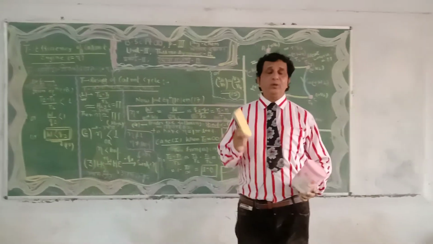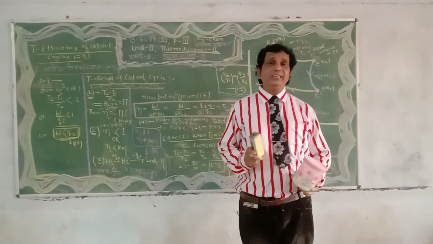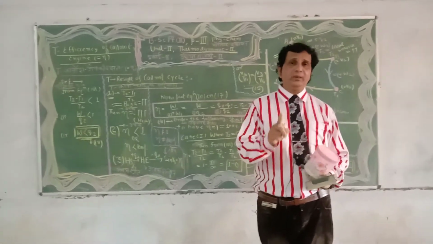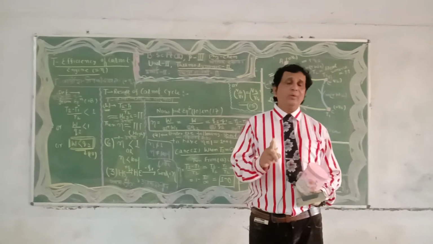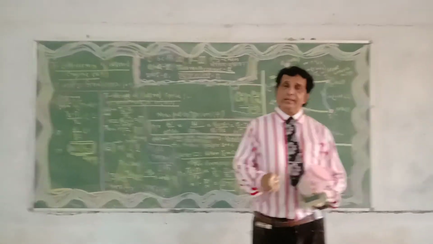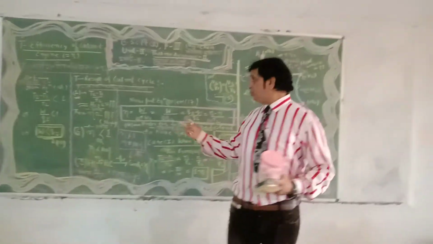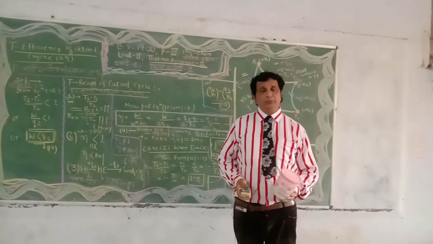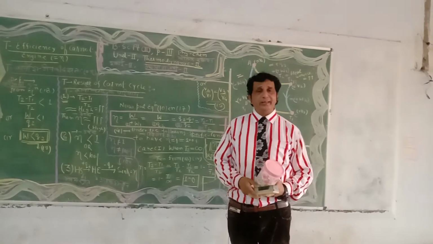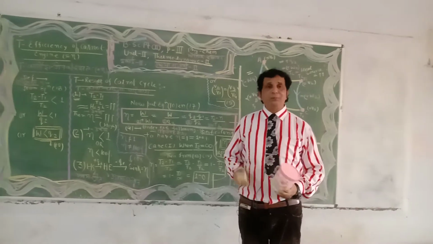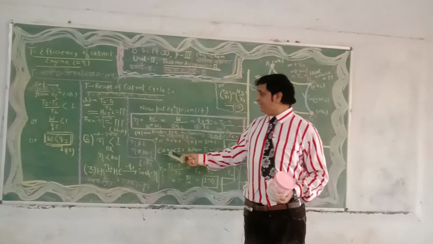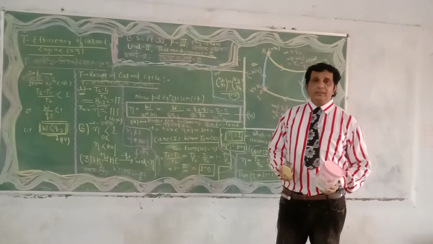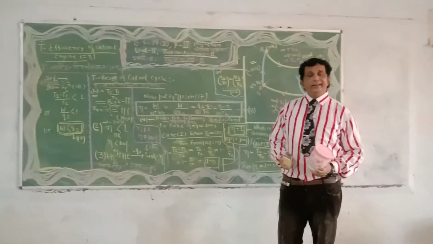Dear students of BSc Part 2, once again try to understand: the efficiency of any system in the universe cannot be expressed as unity or 100%. It is always less than unity, or less than 100%, under two important conditions. Try to understand the specific condition, case first, in which the efficiency of the heat engine will be equal to unity.